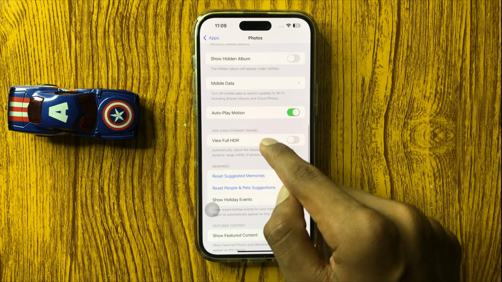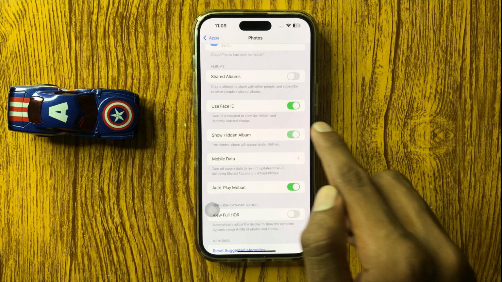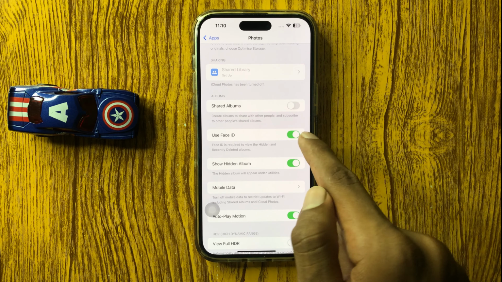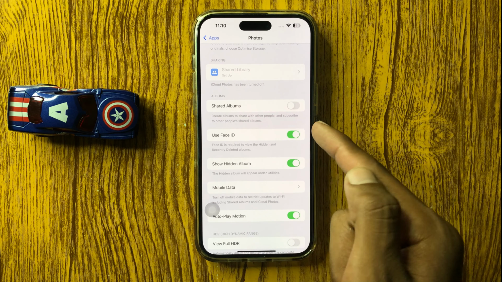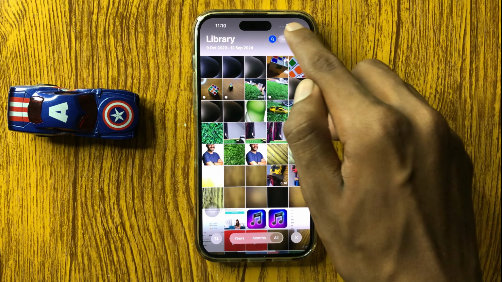and then here you see the option show hidden album. Simply click on show hidden albums, turn on show hidden albums, and use Face ID on your hidden album, and go back to home screen and open a photos library, and here you select a photo you want to hide,